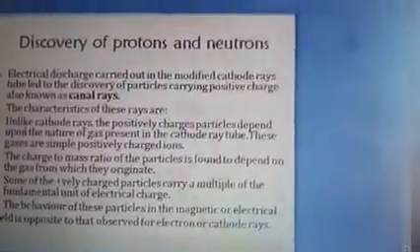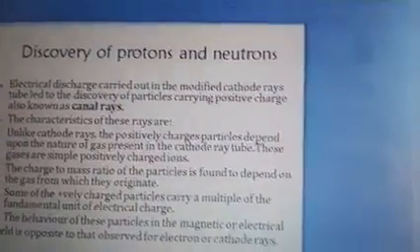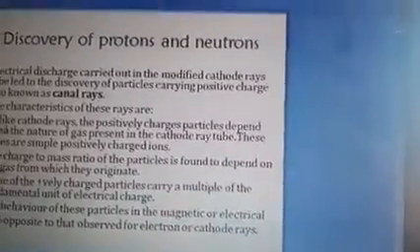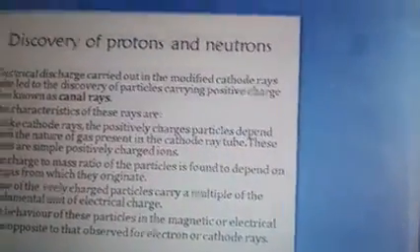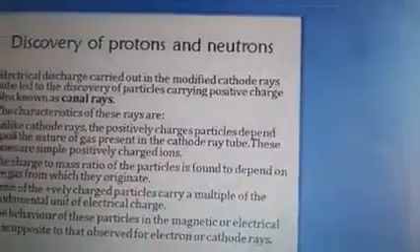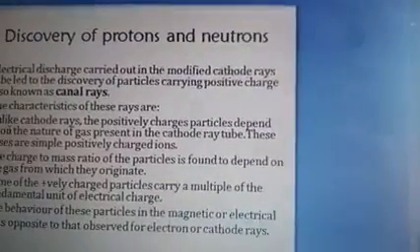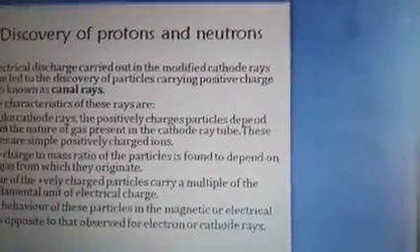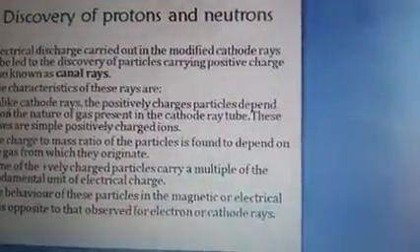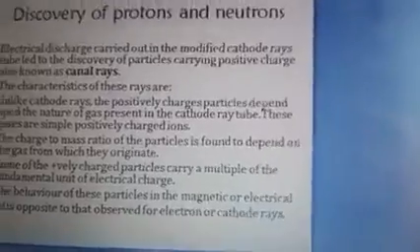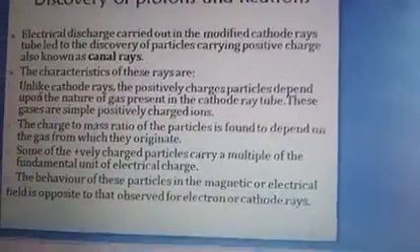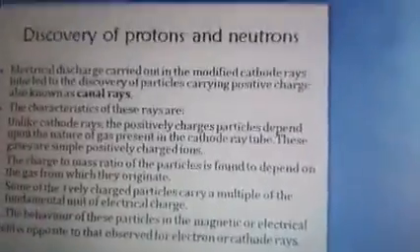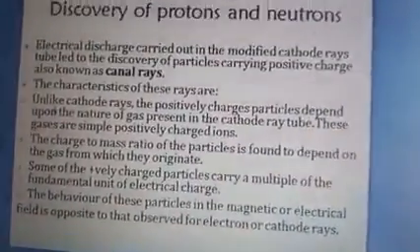So scientists started discussing by using the cathode ray, same cathode ray, but in this case the voltage becomes lower. In the first case, for finding out electrons, we have taken high voltage, but in case of proton, we have taken low voltage. And in the previous case, we have taken low pressure. Now the pressure is increased by putting some more air again into the discharge tube. And during this case, when low voltage is applied in the high pressure condition, then